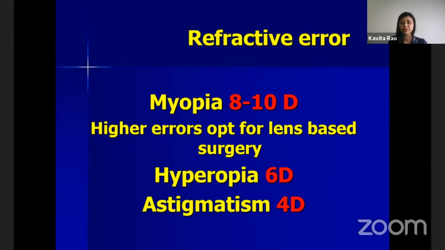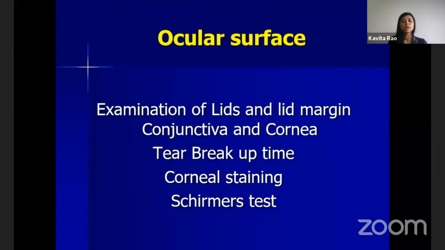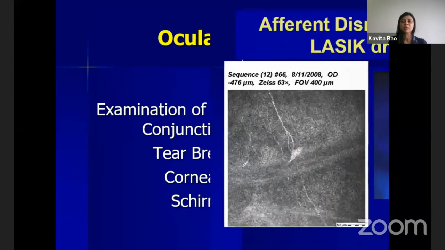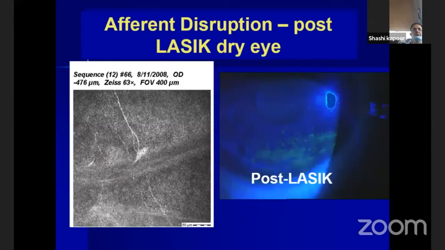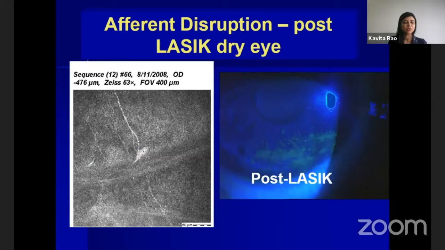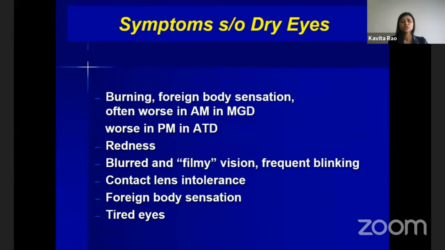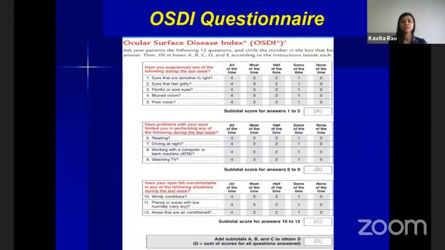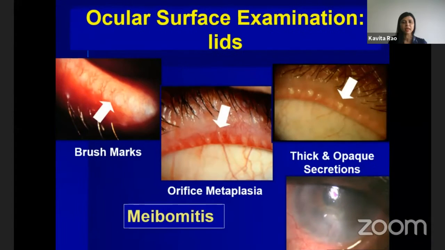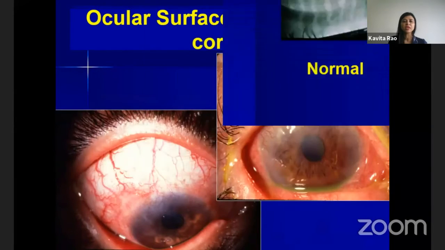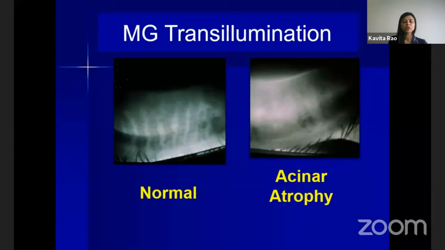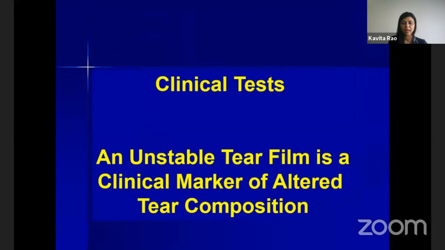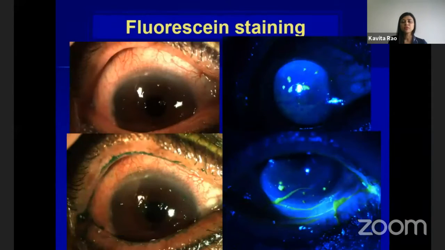Look at the patient, and examine the ocular surface very well. This is very important. It is better to do it before surgery than to have a patient who keeps coming back. So this is a patient with recurrent dryness because of absence of the nerves after LASIK. So look for all of these symptoms. It is very easy nowadays to just give a questionnaire to the patient. Examine the surface well and look for any of these signs. Also, evert the lids and look at the meibomian glands. Look at the tear film and fluorescein staining.